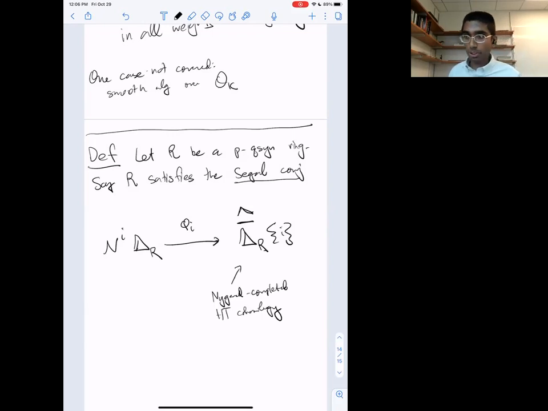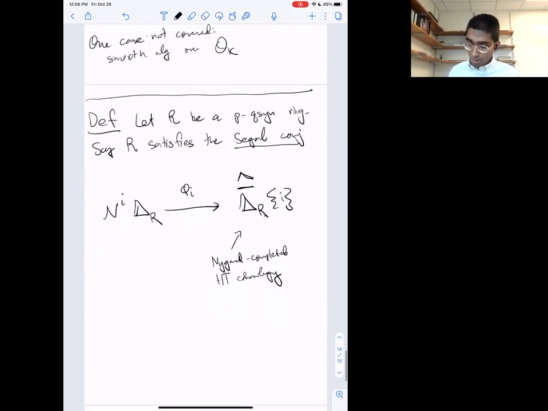And this is the ith Nygaard piece of prismatic cohomology. Okay, so sorry, I didn't write a complete sentence yet. So we're going to say that R satisfies the Segal conjecture if for each i greater than or equal to 0, this map